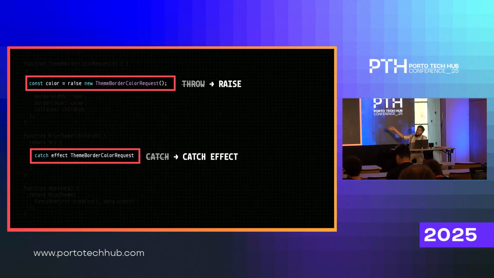However, we can see that at the time, Sebastian Markbåge also had similar ideas of experimenting with similar structures. Both the repo and the blog post are not talking about real JavaScript. They are wondering what life would be like if JavaScript had this kind of thing. And instead of throwing here, Sebastian thought of the word raise, and then instead of catching, it would have this special catch effect